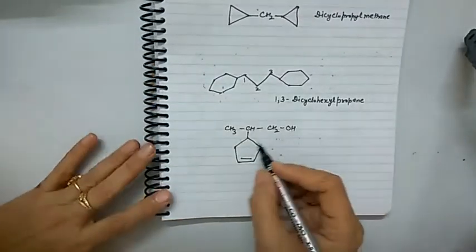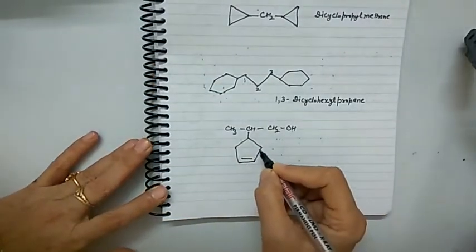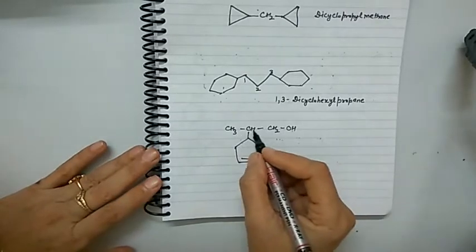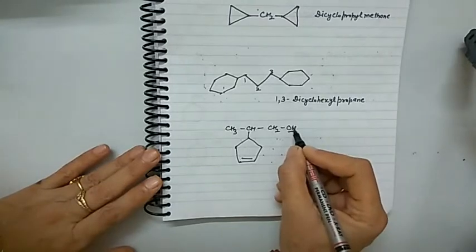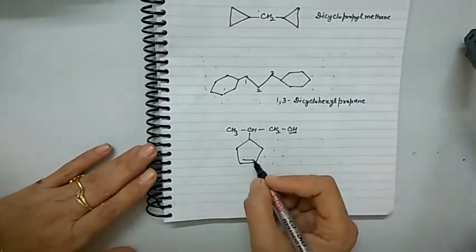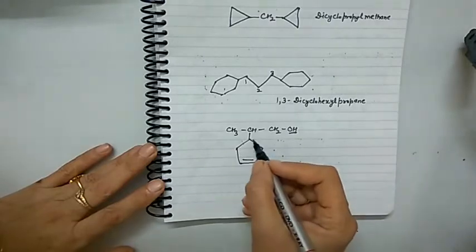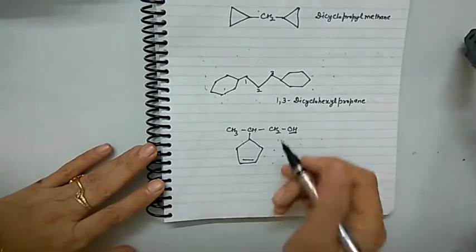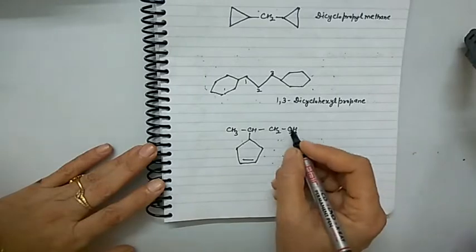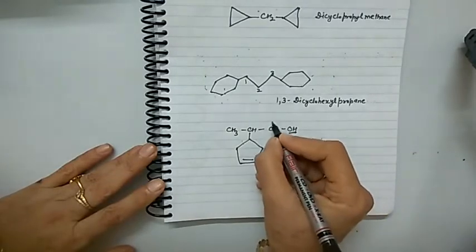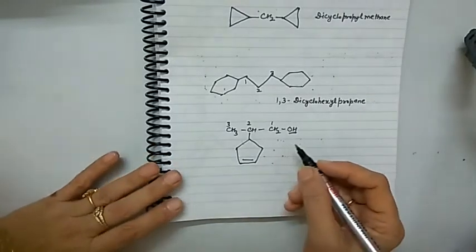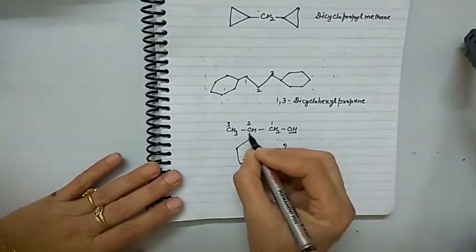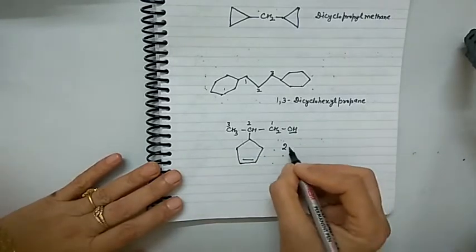Let us name this compound now. Here though the ring is containing 5 carbon atoms and a double bond, and the chain is containing 3 carbon atoms, OH group is there. It is a functional group given preference over double bond. So we consider this part as the substituent or side chain. Numbering will be done from the side so that functional group gets the lower number 1, 2, 3. Clear? So the compound's name will be 2. At position 2 this group is attached.